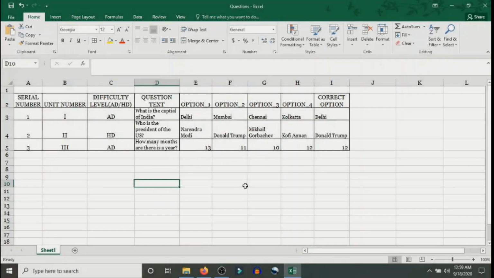Hello everyone, I'm here to explain how you can convert your Excel file into a Google Form. Now that most of us have already created our questions in Excel, this tutorial will help you convert the questions in the Excel file into a Google Form without much difficulty. There are a few steps, so please follow through.